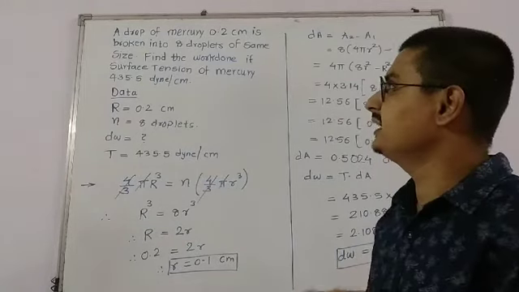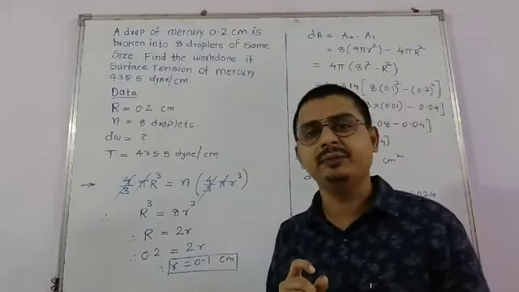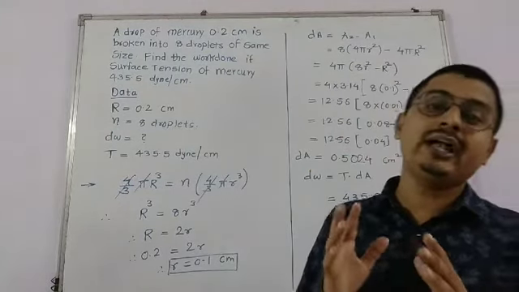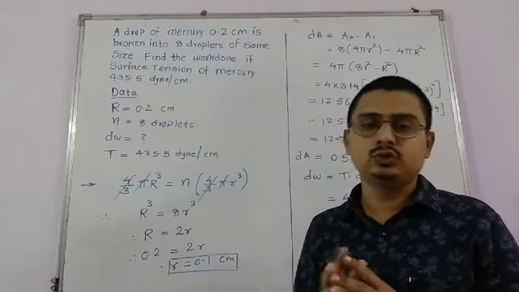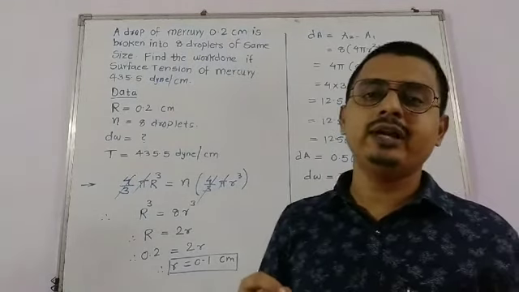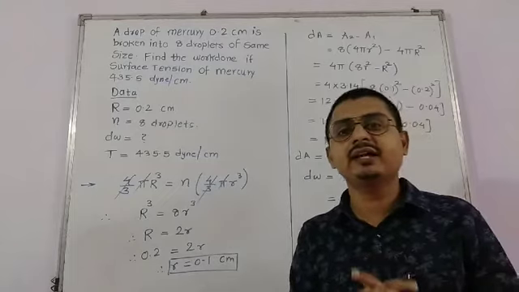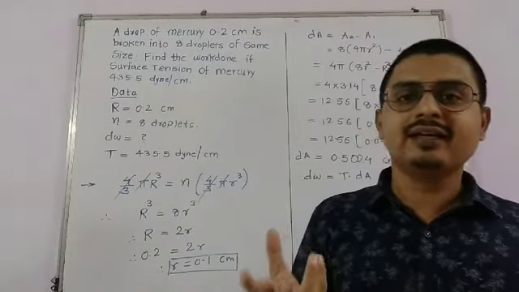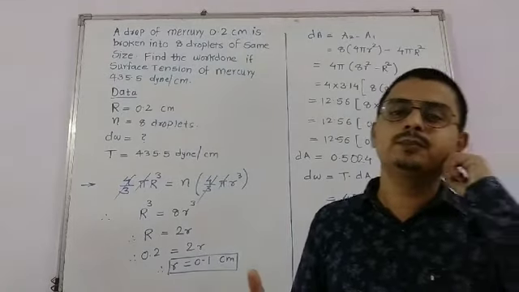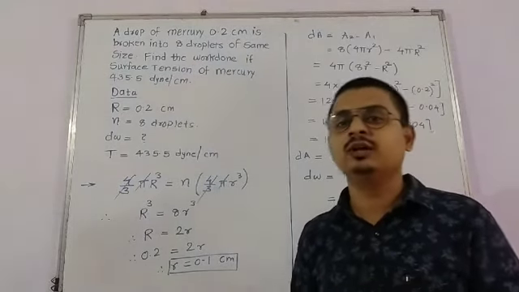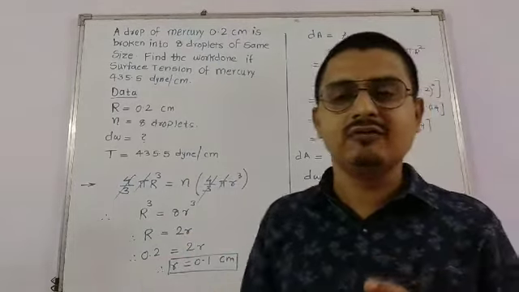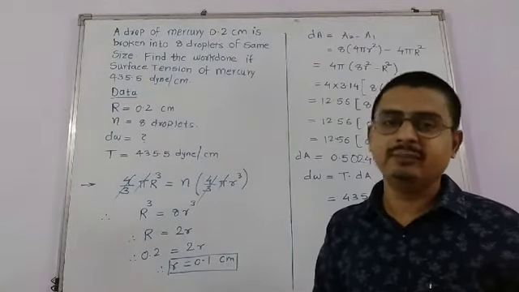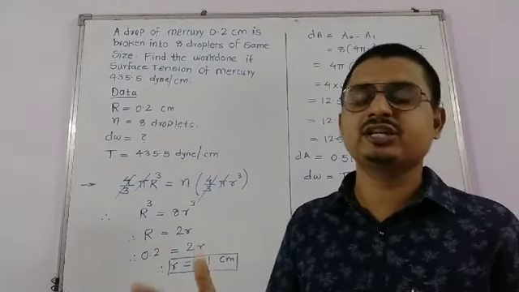यहाँ पे ऐसा दिया है कि एक 0.2 सेंटीमीटर डायमीटर वाला मर्क्यूरी का एक ड्रॉप is broken down into 8 droplets. So if it is broken down into 8 droplets, its surface area required for 8 different droplets will increase rather than be a single drop. एक ड्रॉप को जो सरफेस एरिया होगा वो कम होगा और 8 droplets के areas will be greater. And if the area increases, obviously there will be work done for this expansion.